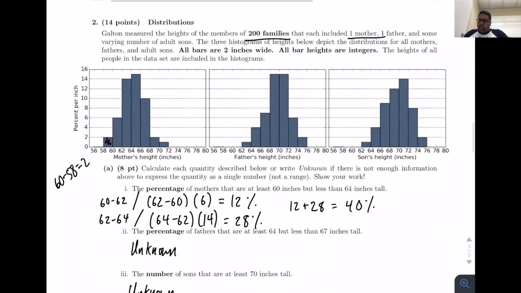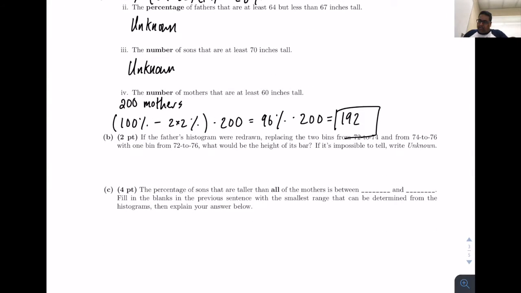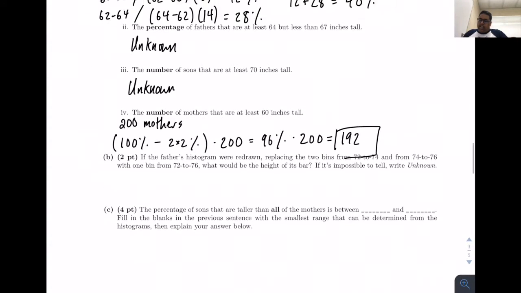So to clarify what we did was we said, okay, all the mothers here have a value that is at least 60, except for this one bar over here, so we can just subtract their area from 100% because we know the sum of all the values will be 100%. Alternatively, if you really had extra time in the exam, you could find this area, find this area, find this area, and so on. But there's really no point because you'll find out that it adds up to 96%, which is what we found here. So the next question